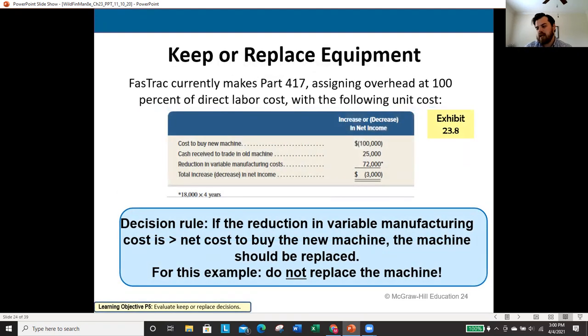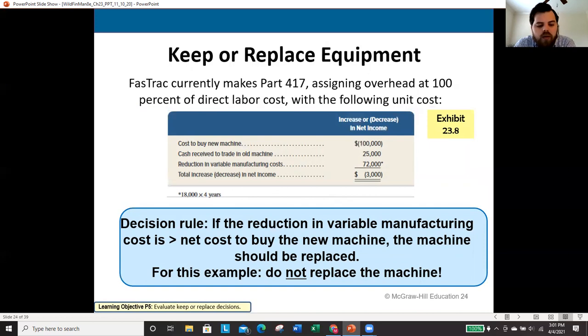Now, the next decision that we have to look at is, of course, whether to keep or replace the equipment. Fast Track currently produces Part 417, assigning overhead at 100% of labor, with the following unit cost. Notice that if I buy a new machine, it will cost me $100,000. The cash received on the trade-in, getting rid of my old machine, is $25,000, and I expect that